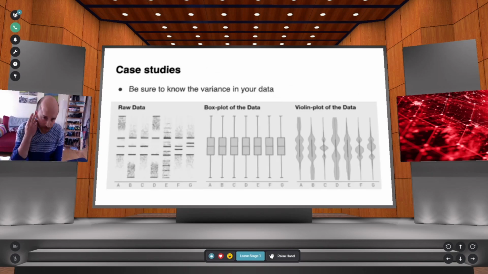But of course, be careful to always really get to know your data. So what's the variance behind the summary plot that you want to produce? Okay, so you can produce a box plot which tells you the headlines. If you look in the middle, all of those box plots look the same for each group. But if you look at the raw data and the violin plot, which is a distributional density plot, you sort of see how those same box plots can hide, or they can represent, very different distributions.